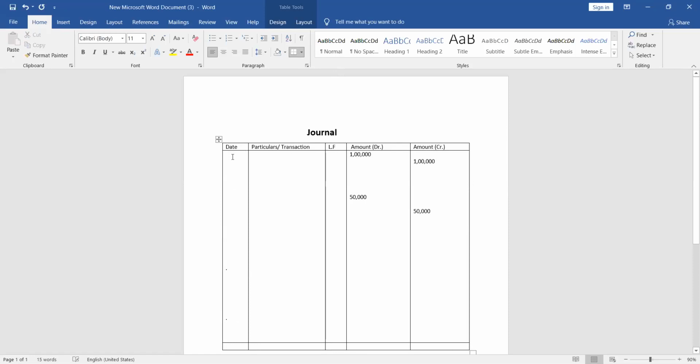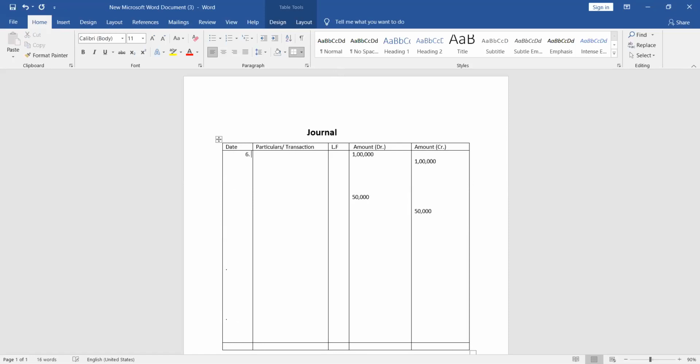The sixth transaction can be cash withdrew for personal use, means drawings are made by the business. What is the entry to be done when the drawings are made from the business by the entrepreneur? Debit what comes in and credit what goes out. When the cash is withdrew by the entrepreneur, it means cash is going out of the business. So the cash account will be credited, credit what goes out. I'm repeating, cash is going out of the business, so cash account will be credit.